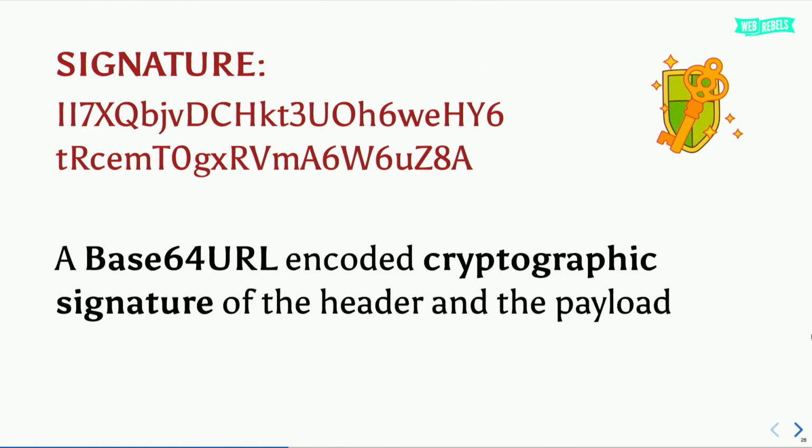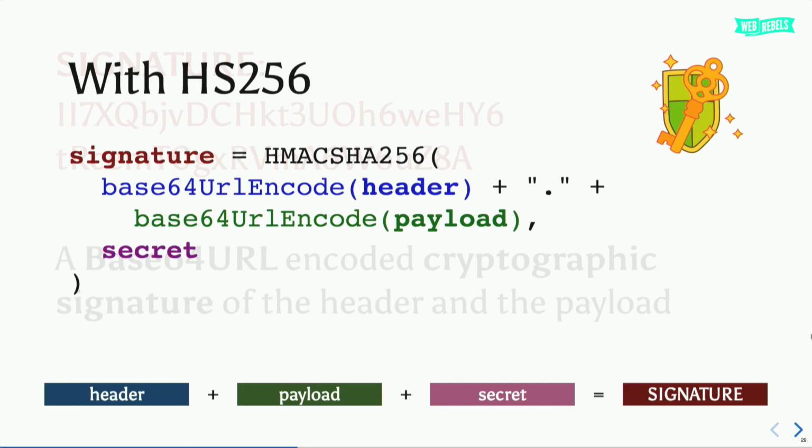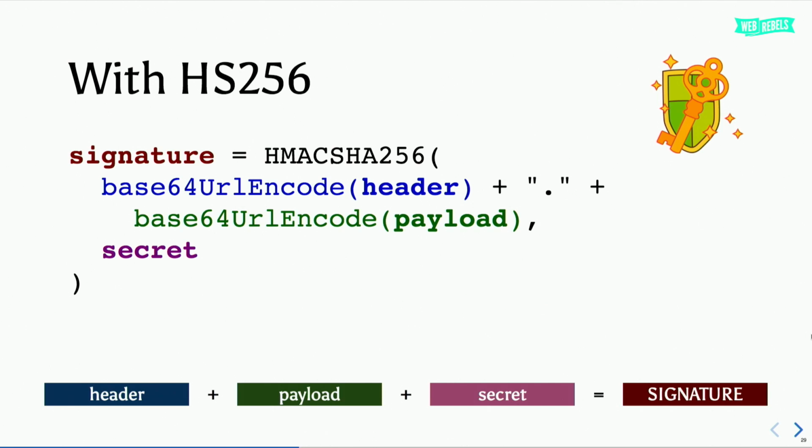And that's the signature. What is the signature then? Well, the signature is again a string that is base64 URL encoded, and it's a cryptographic signature of the header and the payload. Let's see how this actually works and how we can construct the signature. There is a very simple formula. So we use, again, this